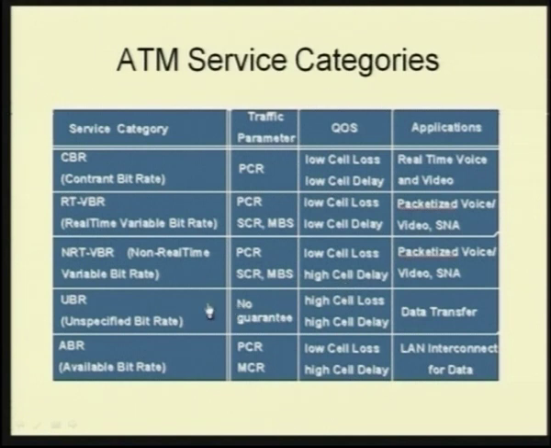With respect to UBR, no guarantee in terms of traffic parameters, so no parameter is specified. High cell loss, high cell delay, which means you could have high cell losses and delays also could be more. ABR, as we said, we specify PCR and MCR, peak cell rate and minimum cell rate. Low cell loss, high cell delay can be tolerated. Okay. So, this is how, using the various traffic parameters and the quality of service parameters, the different service category